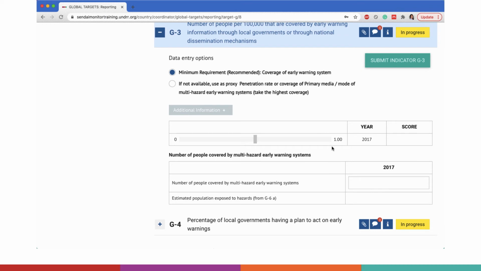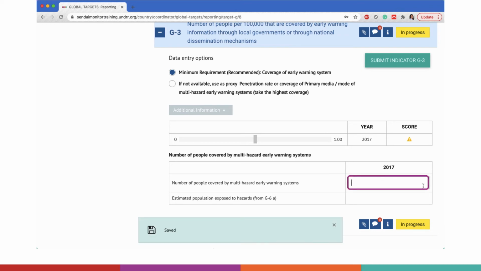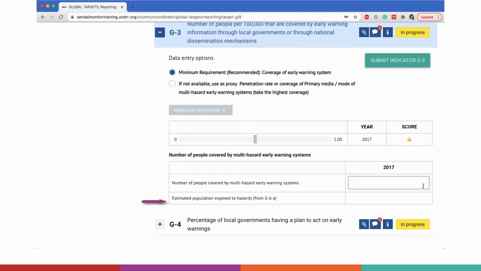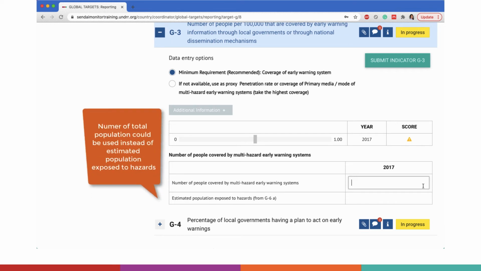Under the recommended option, you can enter the number of people covered by multi-hazard early warning systems. The denominator, estimated population exposed to hazards, is to be entered under G6. If the data of exposed population is not available, the number of total population could be used.